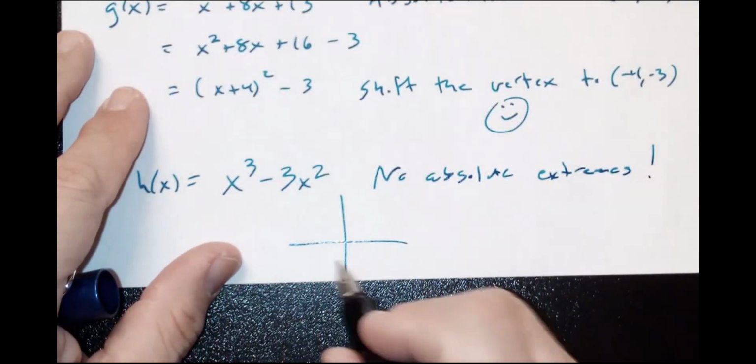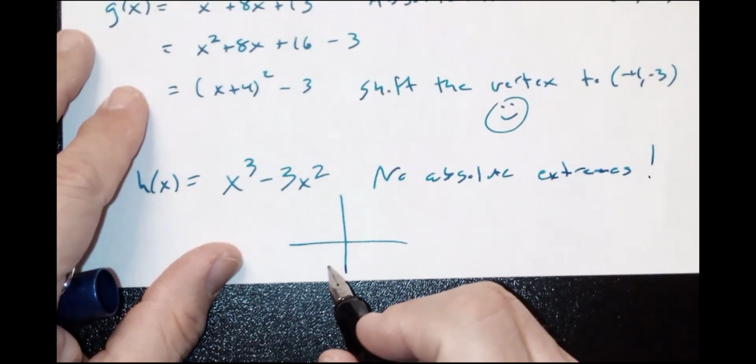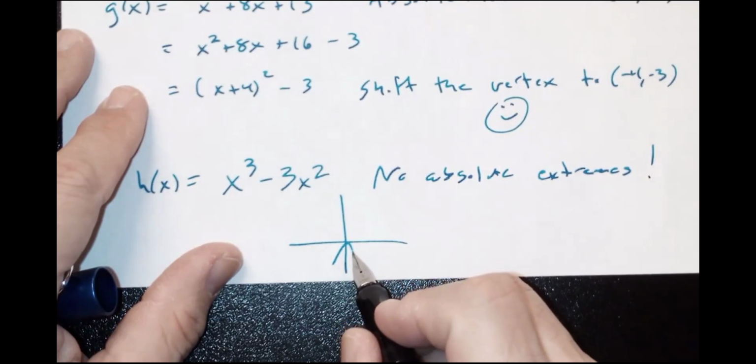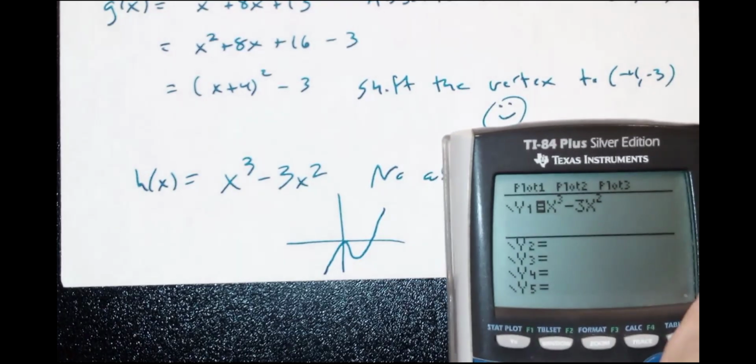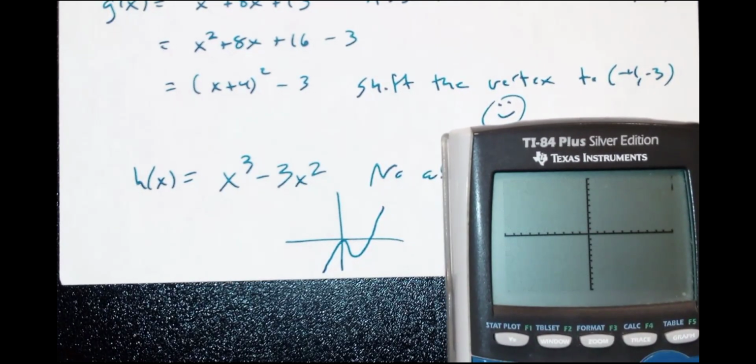Because this graph actually looks like this, if I've drawn it correctly. Grab your graphing calculator, make sure I'm not talking out my ass here. Yep, there it is. There's that little wiggle. But as far as I want to go to the left, I'll keep going down. As far as I want to go to the right, I'll keep going up. There's no absolute extremes. However,